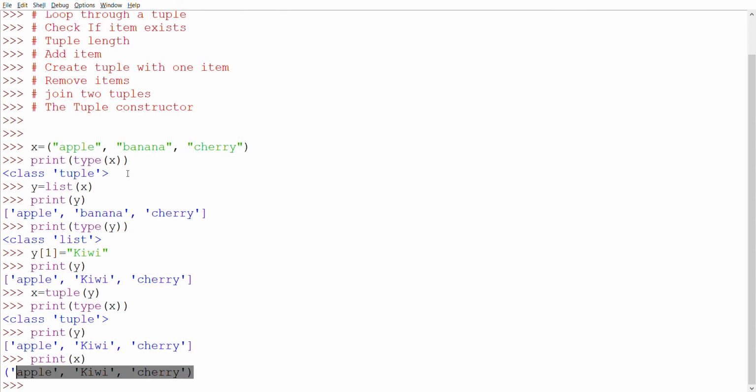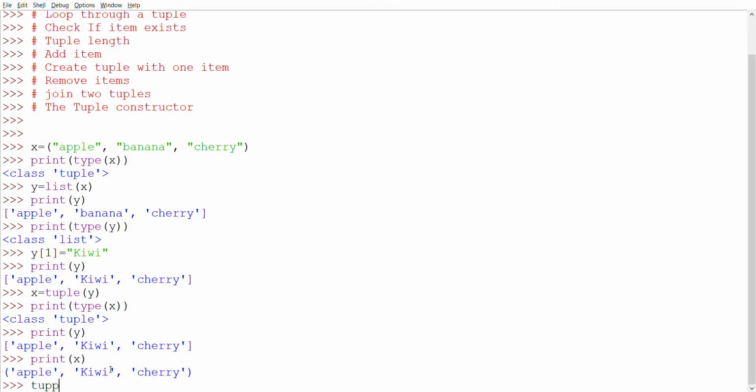What we conclude here is, if we have a tuple and you want to set values, first we convert the tuple to a list using the list keyword, then change the value in the list, just like at index 1 we changed it to kiwi, and then convert the list back to a tuple using the tuple keyword, and then everything is set.